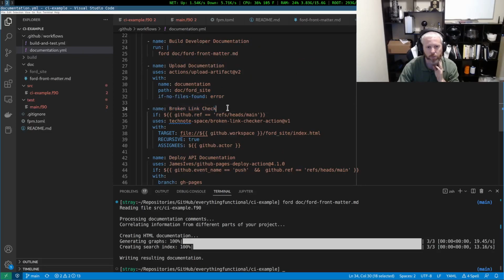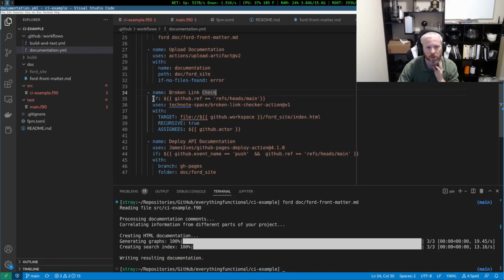Next, there's a broken link check. So we only really need to do this on the main branch. So this github.ref is going to be the branch or commit or what have you that this automation is being run against. And so we only need to do this if we're on the main branch. And again, there's another action that somebody has written for us that will check for broken hyperlinks. So we say